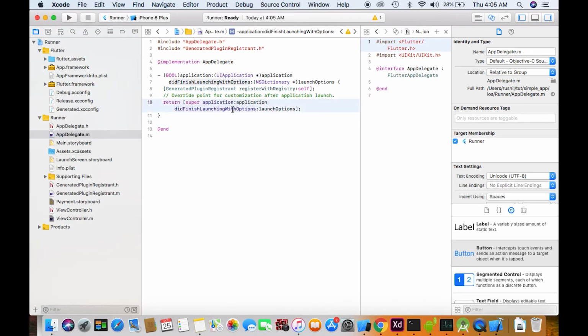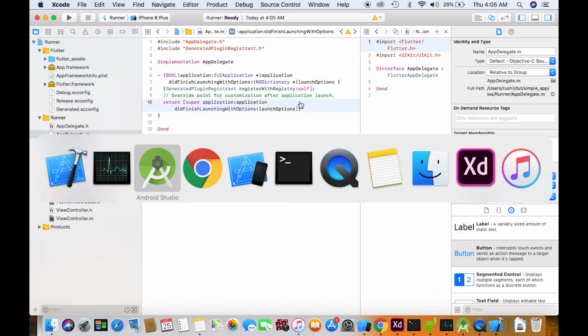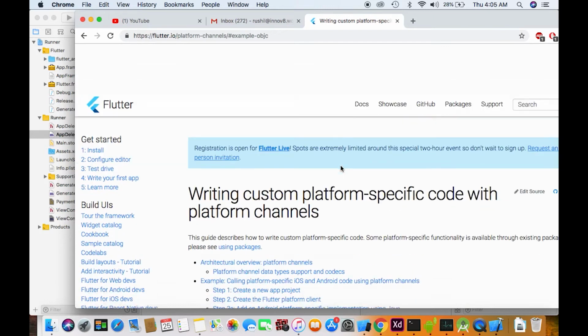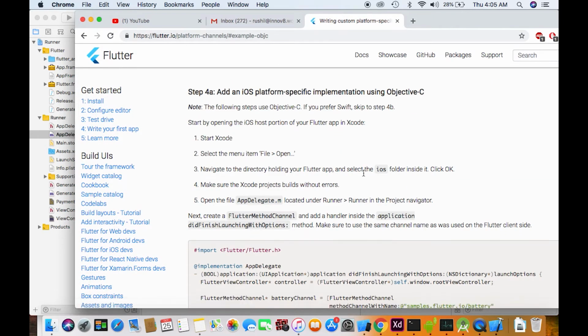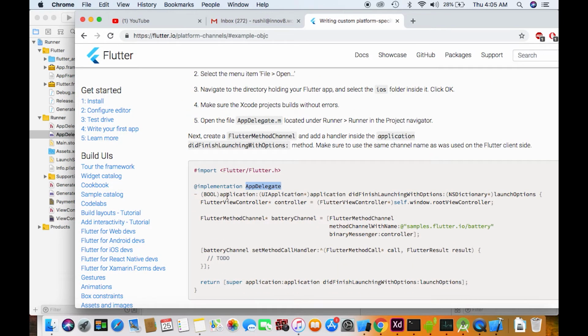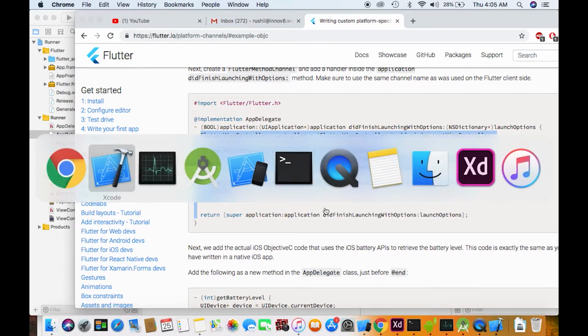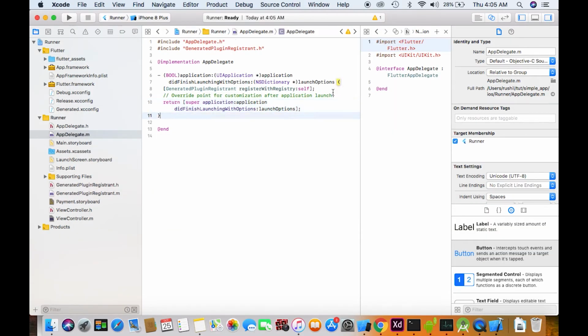Look at the tutorial example. You'll see the Objective-C code, and after this I have to create a root view controller, then I create these codes. It's pretty simple, just copy paste it.